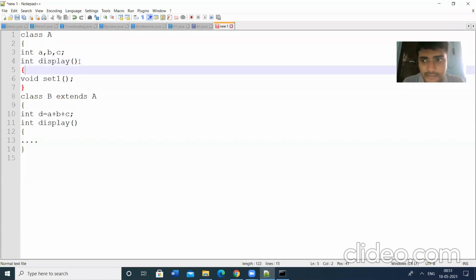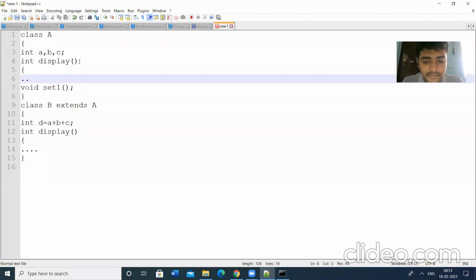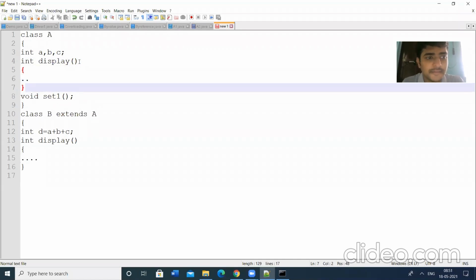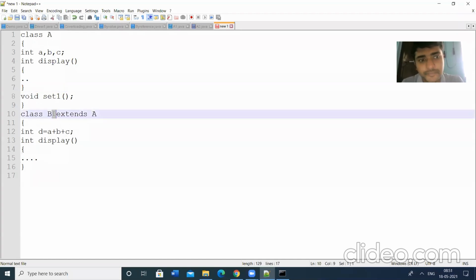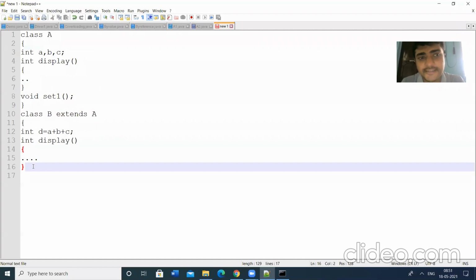The abstract method has no definition, but here I am defining the method. So the same method can be reused in the subclass also. So this is the concept of inheritance. We are reusing the class members in the subclasses.